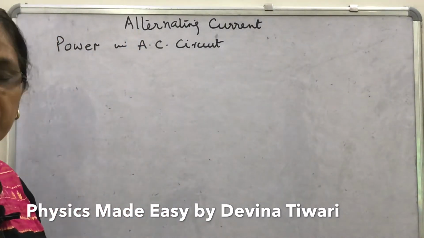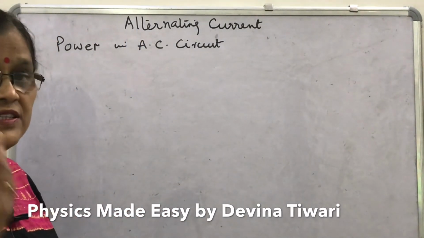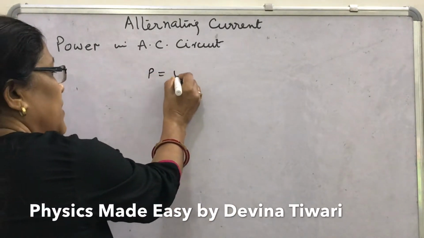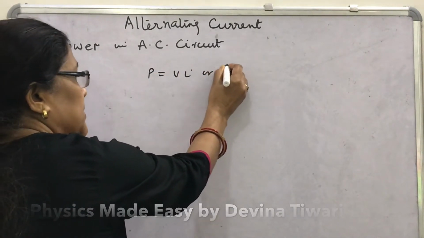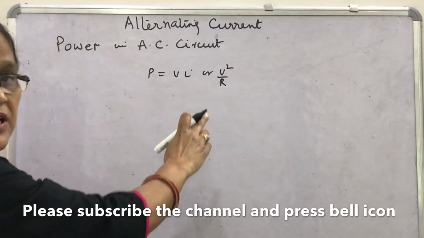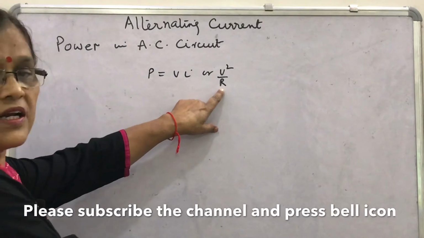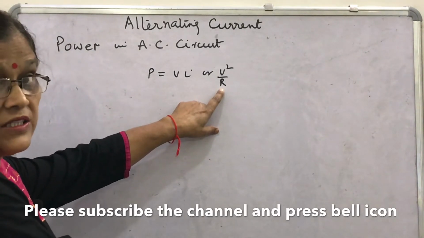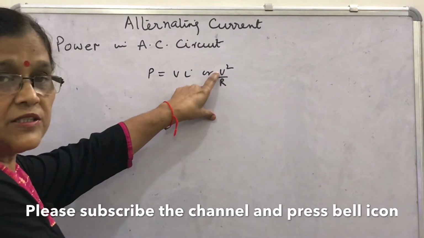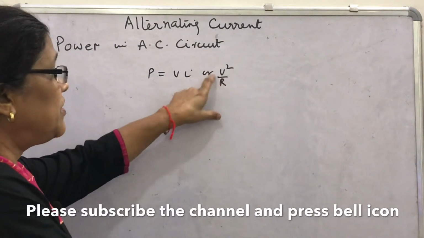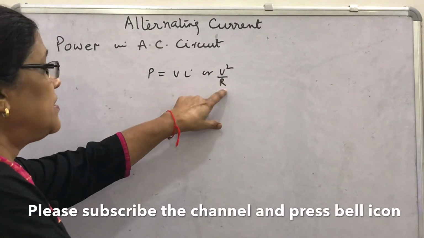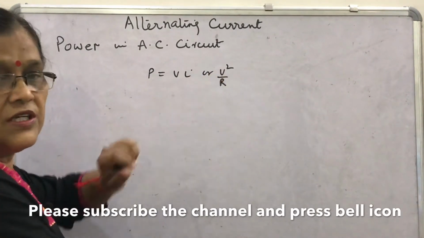You know, in current electricity, that is in DC current, we have seen the power is given by VI or V square by R, that is for electric bulb, where in household circuits all the components are connected in parallel. Connections are done in parallel so that all the devices work at the same voltage. So this formula you have seen to find the relation between power of a bulb and resistance.